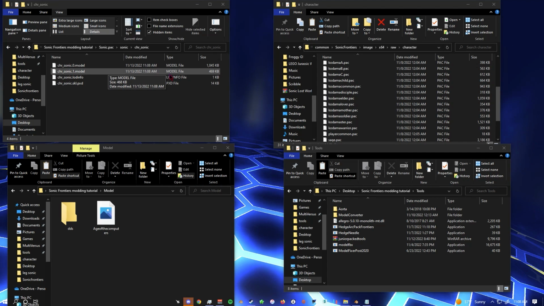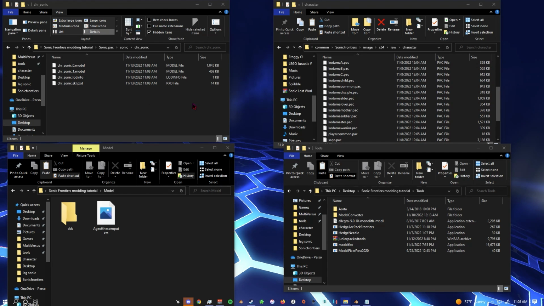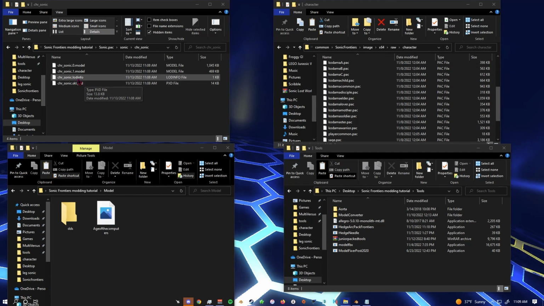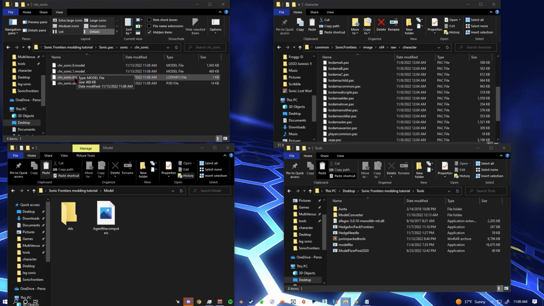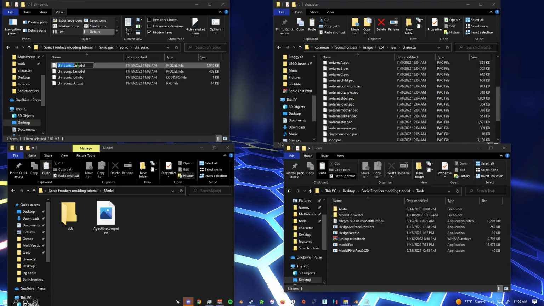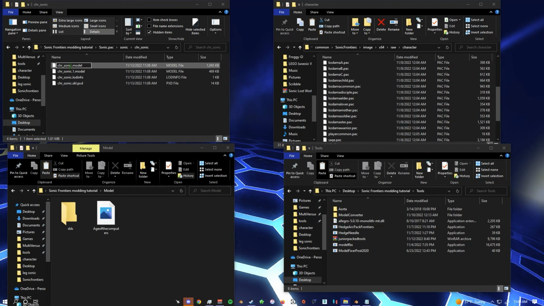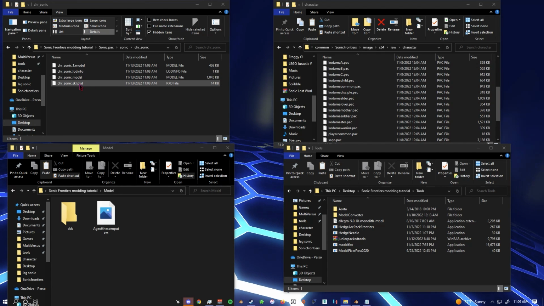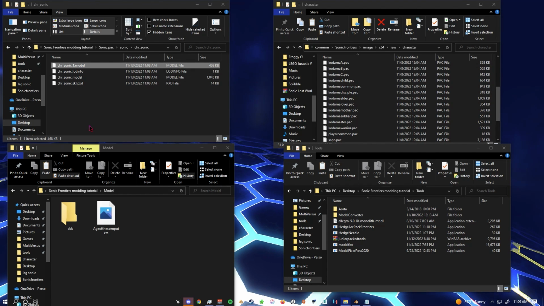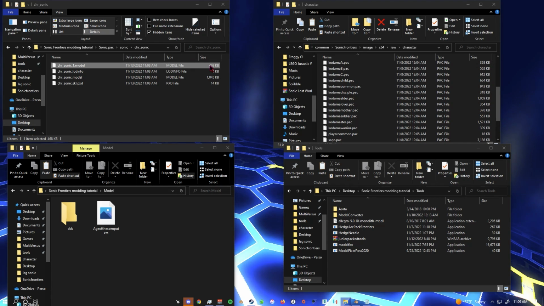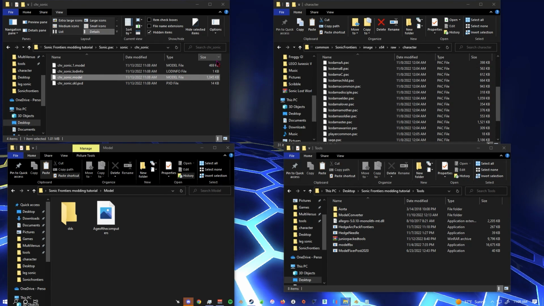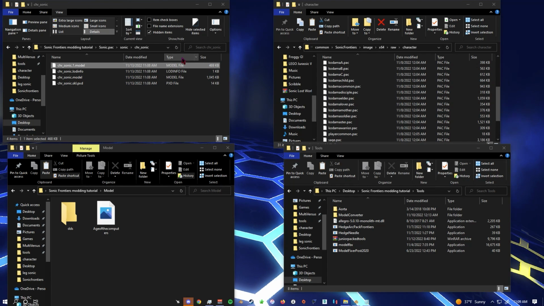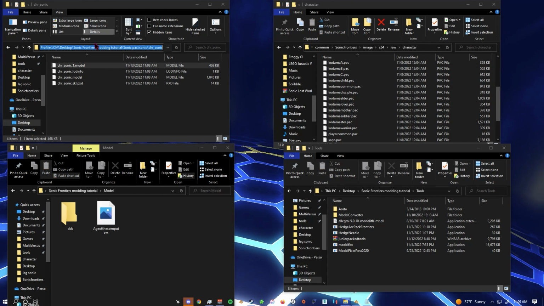When you import a .model into Blender with the .model importer, which is also in the description, it's going to search for the one with the same name. So we have to change the 0 .model to just take out the 0, so it's character_Sonic and character_Sonic, just like the skeleton. The reason it's named 0 and 1 is because these are LODs. This is the lower poly model and this is the high poly model, and you can tell that because of the huge size difference. Anyway, with that out of the way, we can copy this folder location,